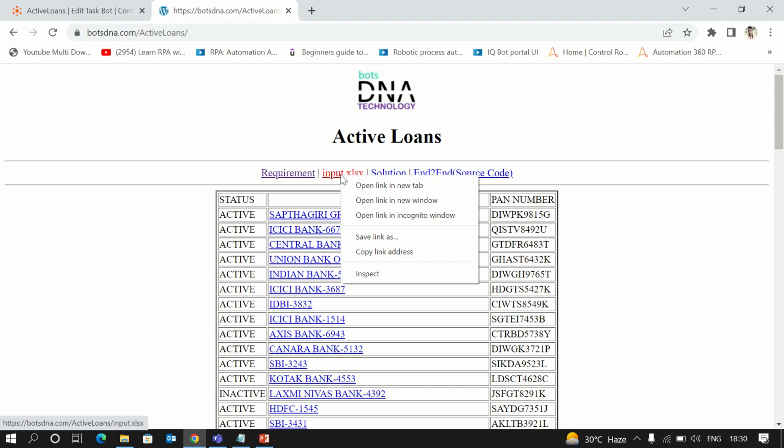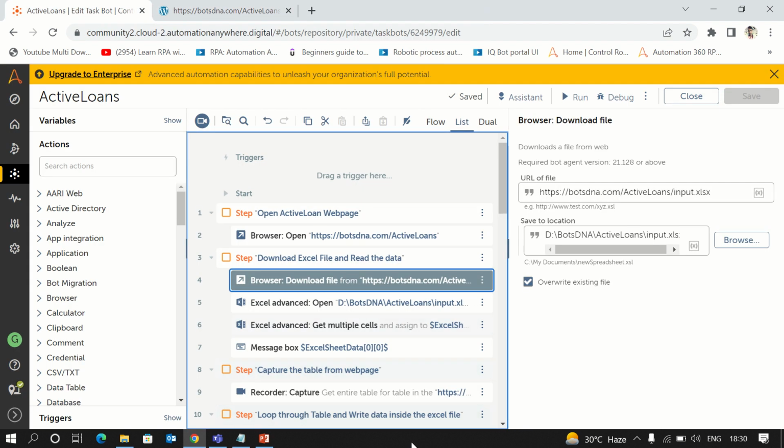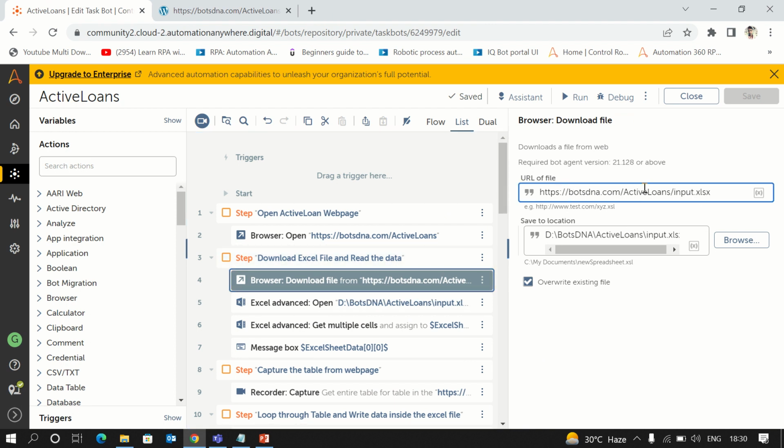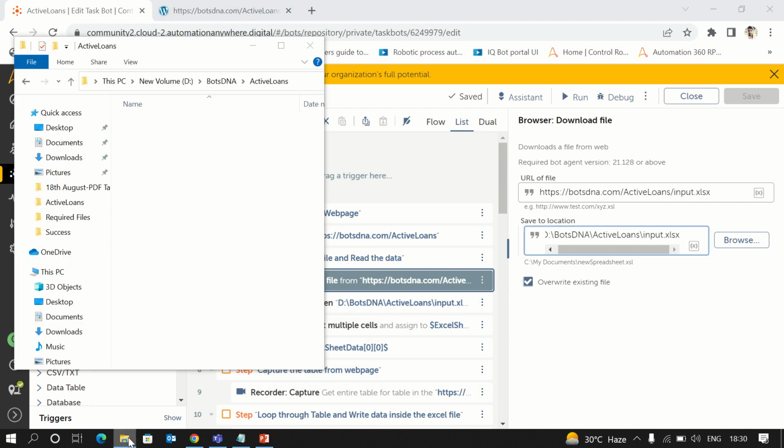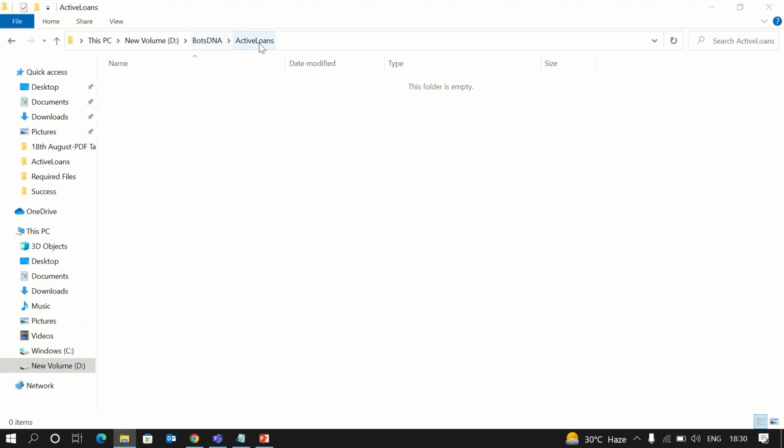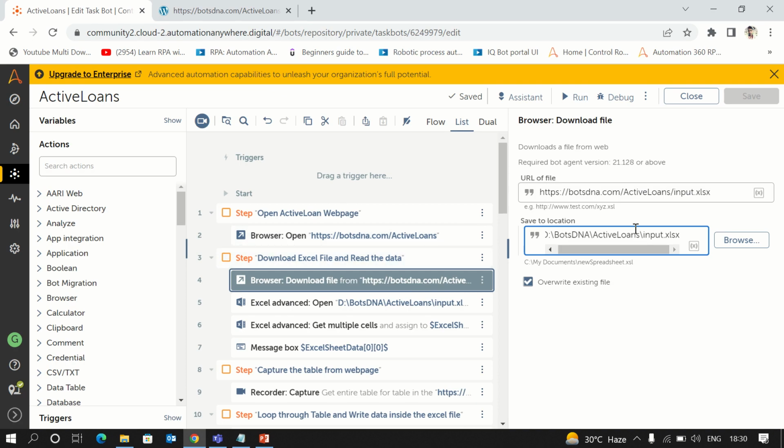So right click here, copy link address, and from browser package drag and drop download file and paste here your URL of the file and where we want to save the file. So pass here the location. So I created one folder active loans, and I'll save the file with name input.xlsx. So I'll show you the file. This is the folder that I created, active loans. Here I'll save my input